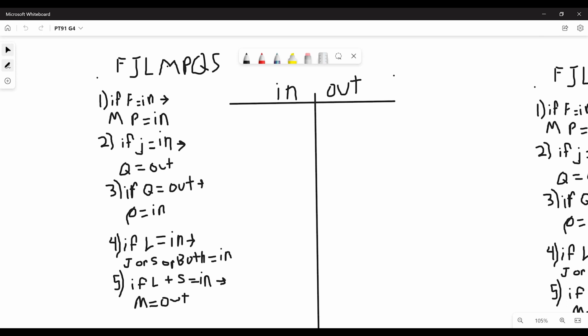So I can eliminate that one, right? And I go through the rest and see none of them have F and violate this rule, right? So we eliminated B with rule 1, right? Now we go to rule 2. If J is present, then Q is not, right? So now I'm looking for any of them that have J in them,